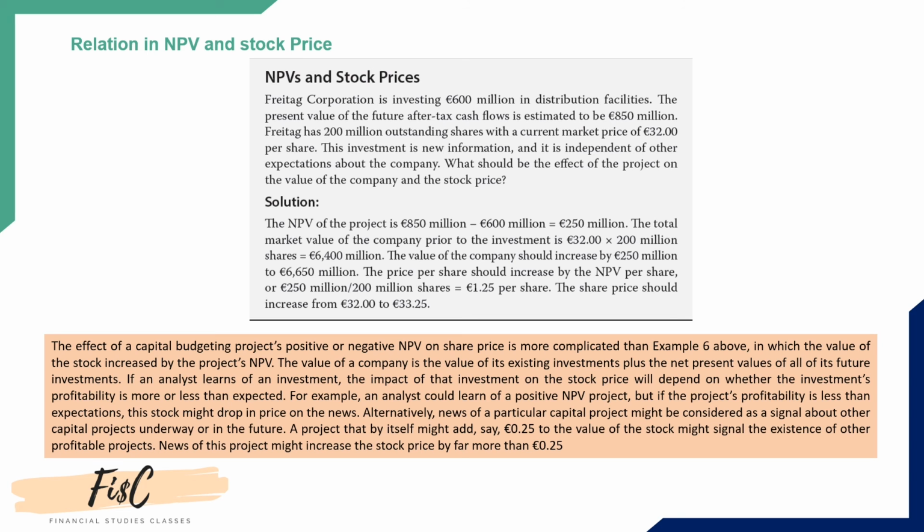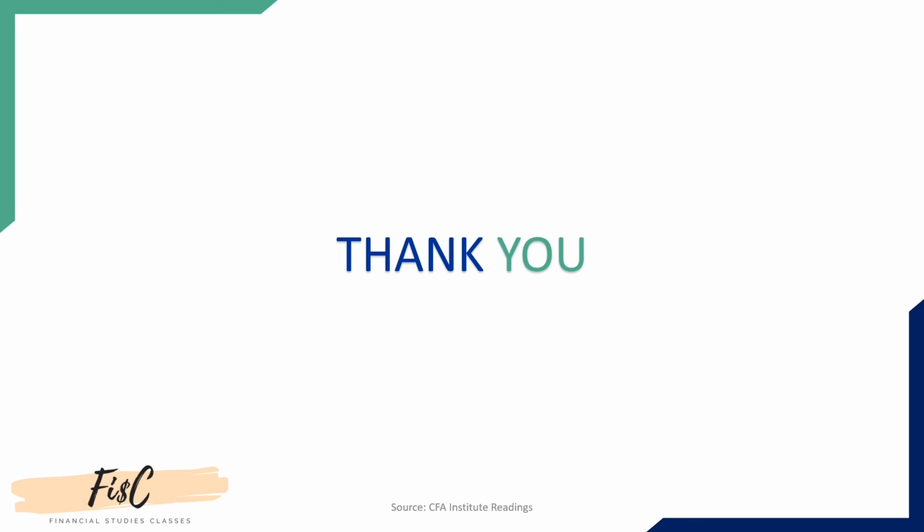So there are a lot of things in the company strategy before deciding on a project, and you have to consider them before making a decision on how much price impact we would have due to a project. So it could be more than the 1.25 in the case of Freetank Corporation, or it could be less than that. It all depends on the impact of the project on the other aspects of the company. So this is what we had to study in Reading 32, and this is all for capital budgeting